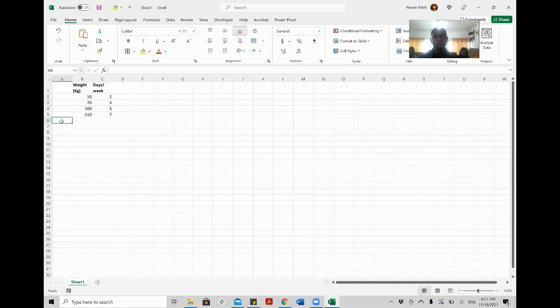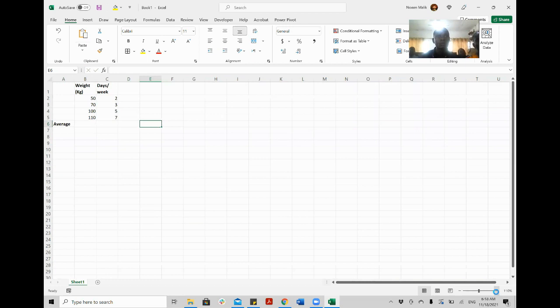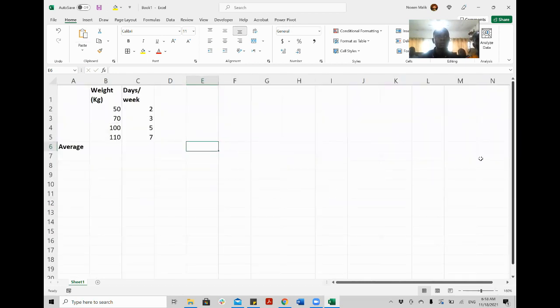So let's see what the average weight of the person is. That's why I created this column here. So how do we create the formula and calculate it? You select the cell. For example, I am selecting a cell, and whenever I move anywhere I can see a comment. Zoom your worksheet. Okay, now I think it's more visible.